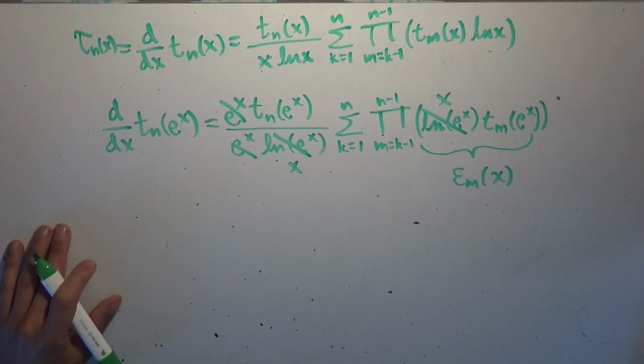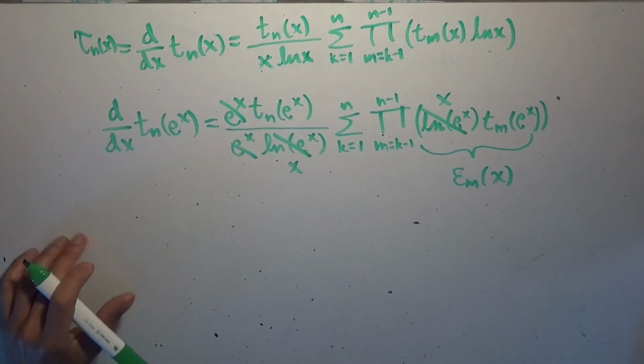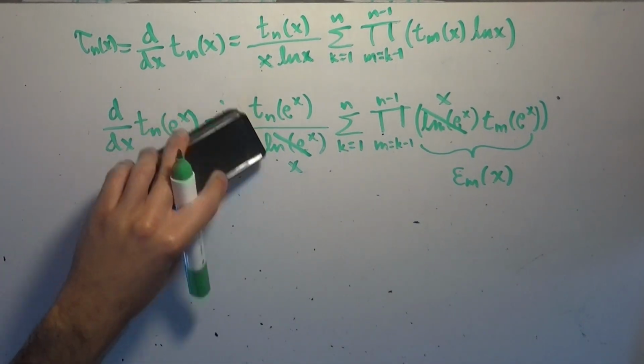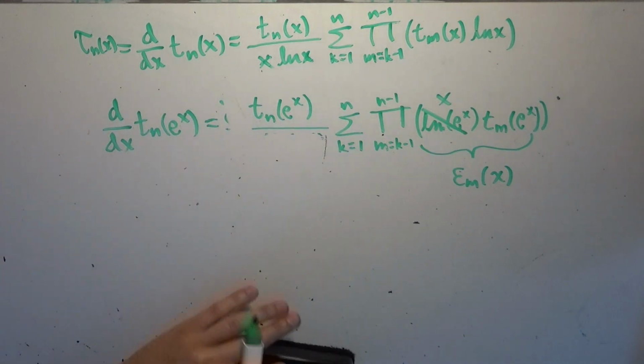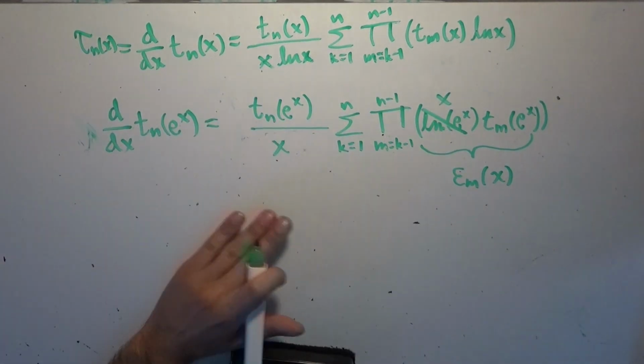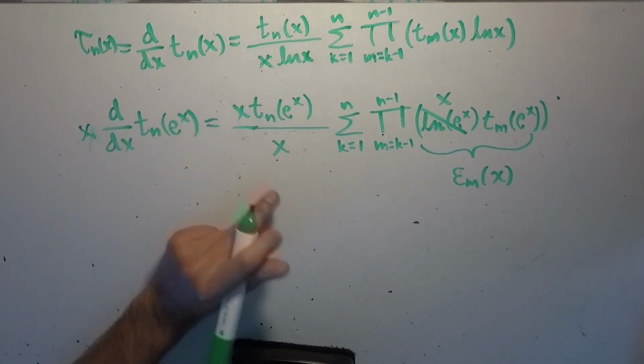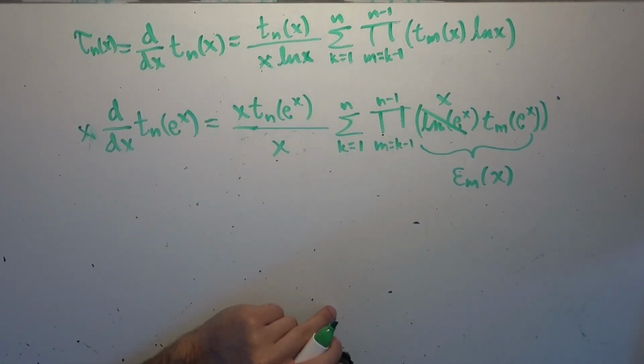It's just the nth epsilon function. It's very lovely. Very nice. And what we're going to do, actually, is erase all this extra junk. Right? We have this x in the denominator. And now we're simply going to multiply both sides by x, like so. And I'm not going to cancel these x's. What I'm going to do is